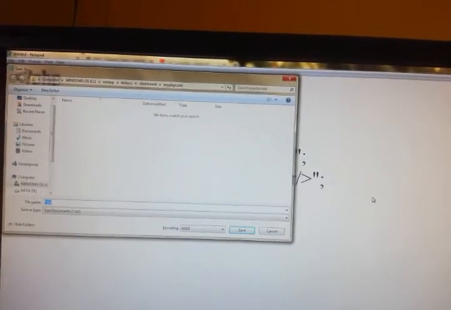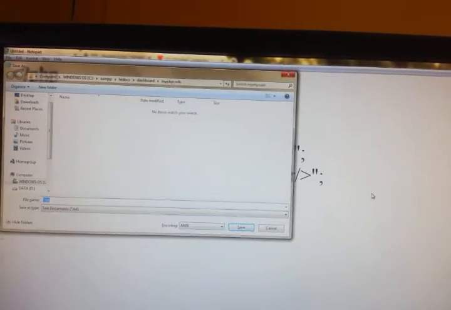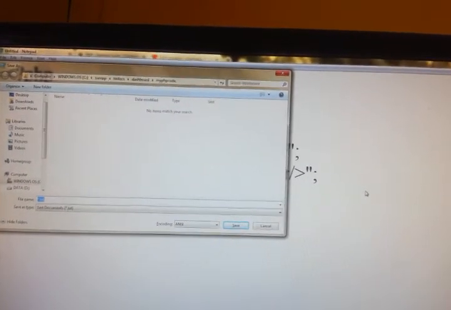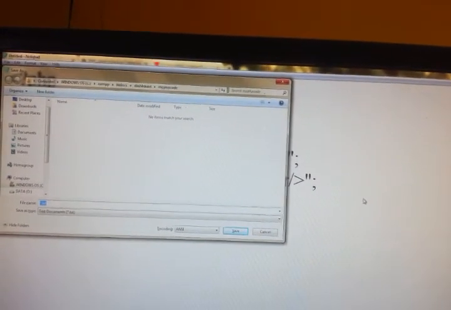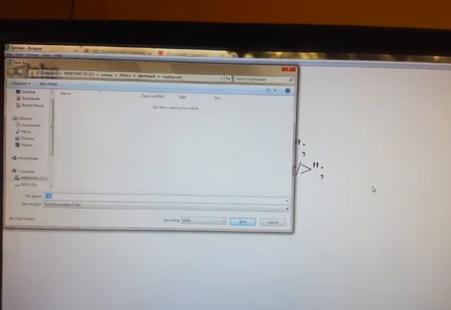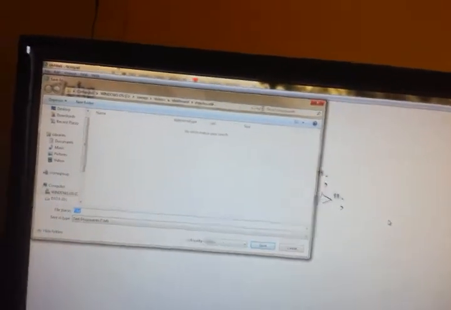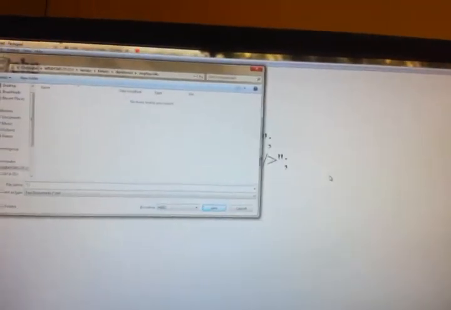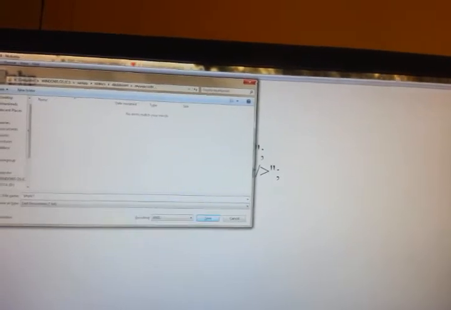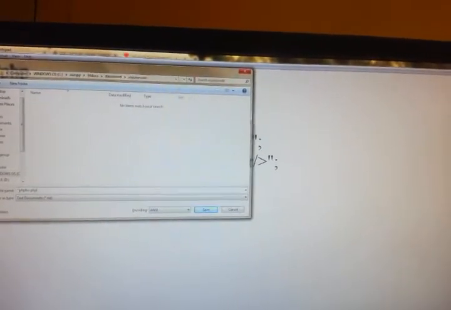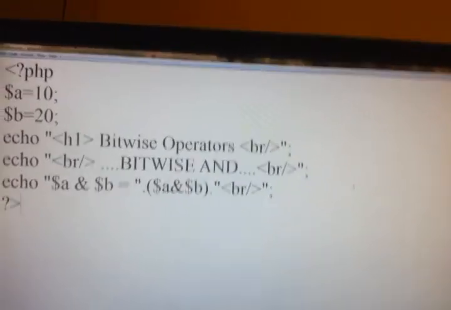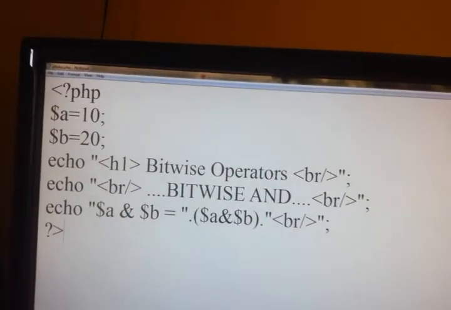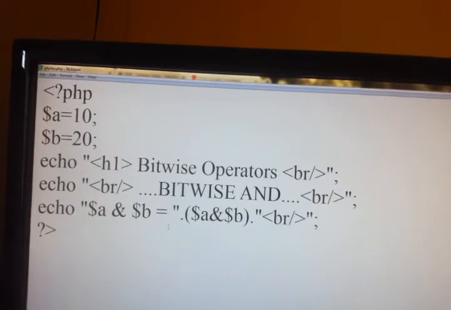Then create your own folder where you want to work with PHP. So I have created my PHP code folder. Now in that I am saving PHP BO bitwise operator.php, as the extension is .php. I have saved.